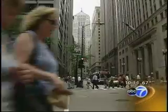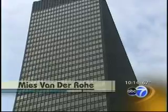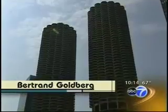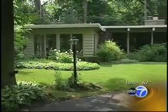The city of big shoulders and even bigger buildings is the birthplace of modernism. Mies van der Rohe's steel and glass towers, Bertrand Goldberg's Marina City. But hidden in Chicago's suburbs are many mid-century modern houses that are often overlooked. These mid-century homes are so much like someone's 57 T-Bird that's just rusting in a driveway somewhere, undiscovered